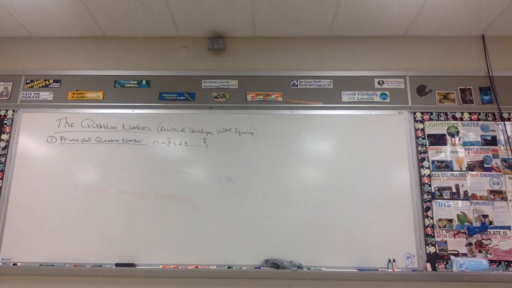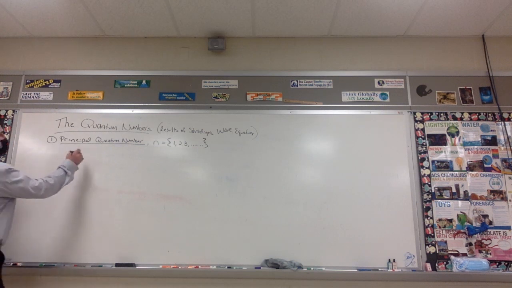All right, so the principal quantum number is usually represented with an n, and its possible values are positive, so n equals 1, n equals 2, n equals 3, and so on. And what this does is